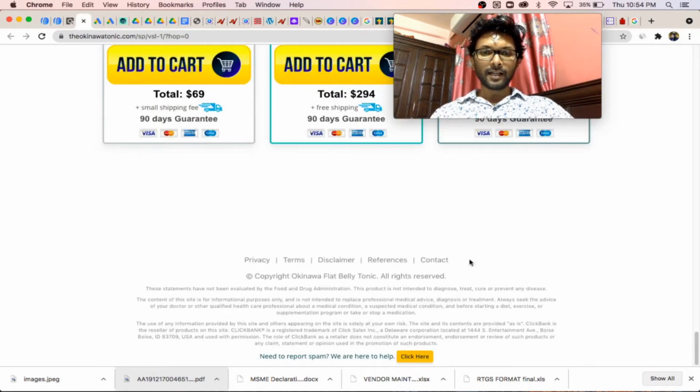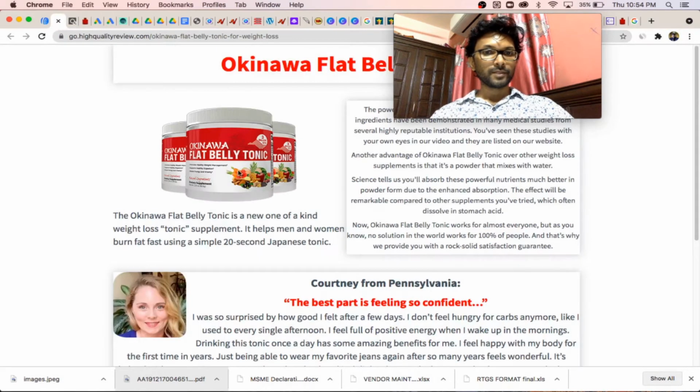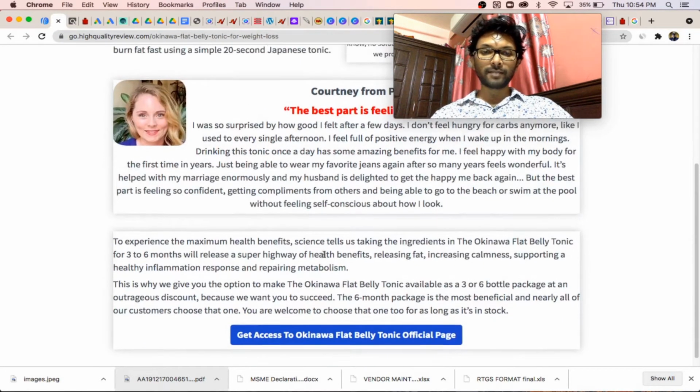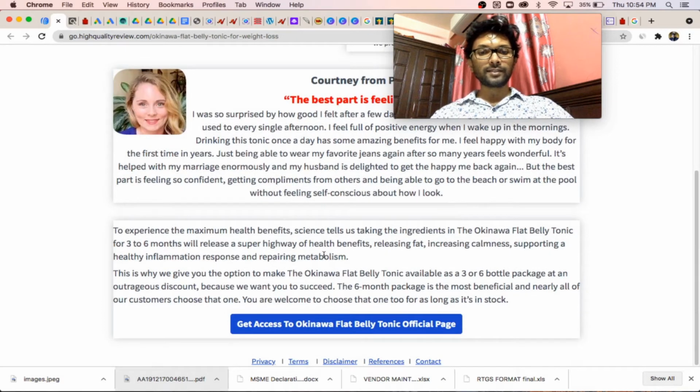Here it is. I just simply copy this and paste it here. You don't need to create any disclaimer or any reference, any terms and conditions, privacy policy. You don't need to create anything. Just copy the same thing from the sales page and put it here. And the same link you insert inside. If you do this much, Google will allow you to run your ad. You just need to put these things only, and Google will easily approve your ad.